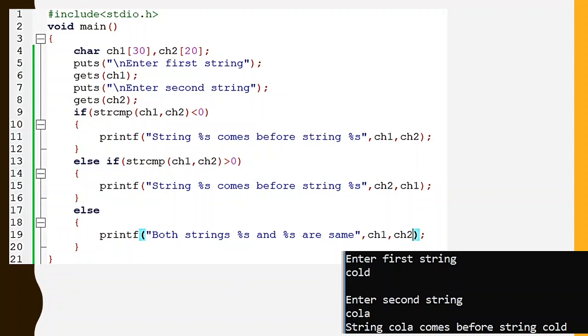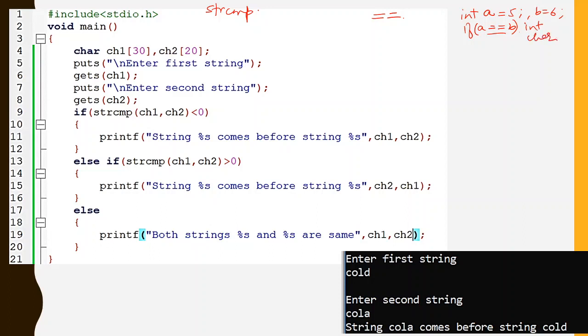We will now move to another important function, and this is the most logical function of strings, which is strcmp. We have seen that we can compare integers and characters by the simple equal to operator. Suppose I have integer a equals 5 and b equals 6, and I want to compare them, I would simply check if a is equal to b. This equal to operator is allowed in integers and individual characters only.